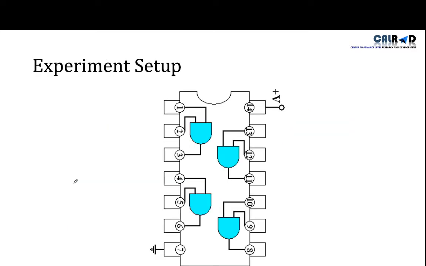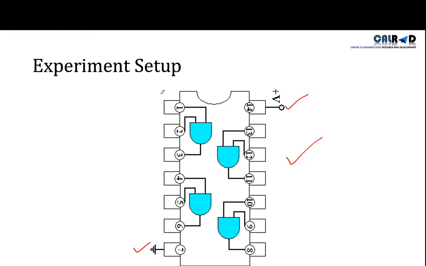So let's start our experiment. As in the previous lecture, I told you before starting any experiment we have to make a block diagram, and from that block diagram we will copy and put the components on our breadboard the same as shown in the block diagram. So now you understand this diagram. We have to connect the positive terminal to pin 14 and the negative terminal, which we also call the ground wire, to pin 7.